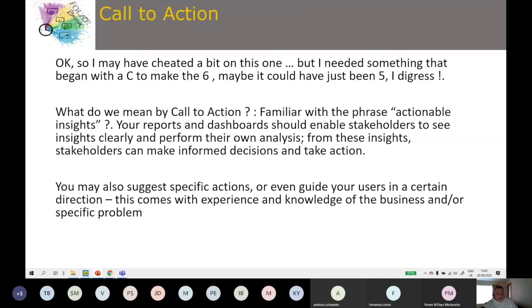And as you start to gain experience, either within the business unit or with different clients, if you're more in a consultancy model, you'll start to actually suggest specific actions, or guide your users in a certain direction. And that comes with business experience, business knowledge of the specific problem. All right,